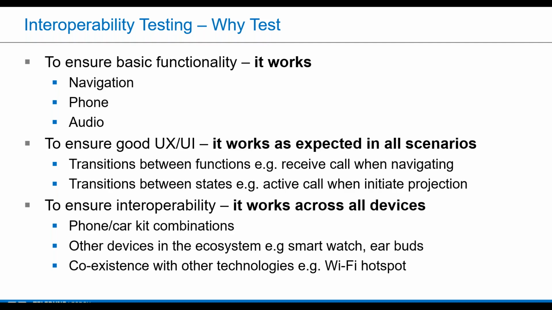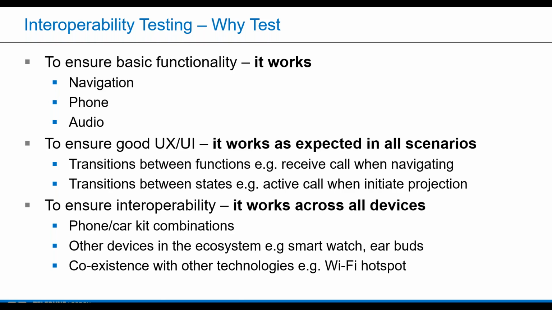And finally, to ensure interoperability. So in other words, it works across all devices. So this is for all expected phone and car combinations in that particular market that is getting launched. And also when there's other devices in place. So for example, you could have a smartwatch, a headset, and also to look a little bit deeper into coexistence with other technologies in the vehicle, such as if the car kit's got a Wi-Fi hotspot,